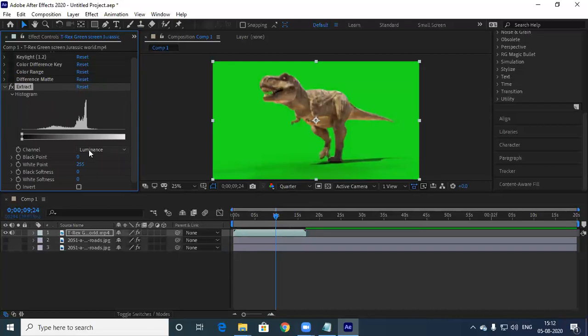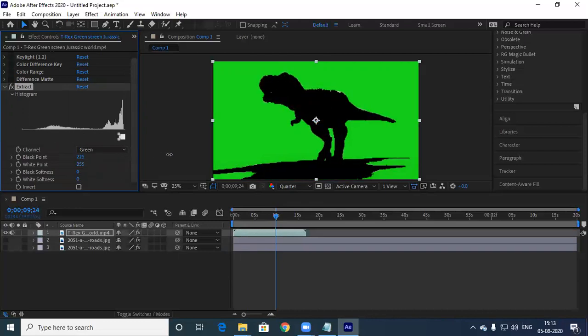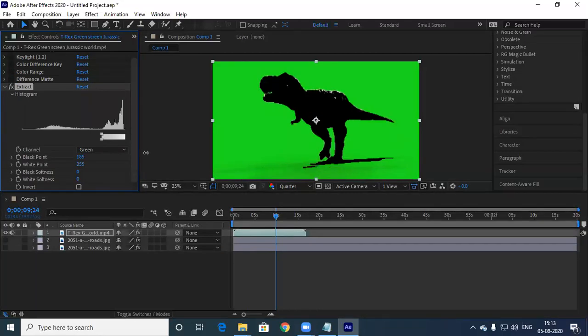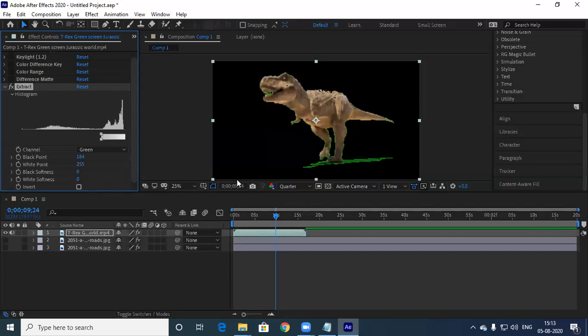So extract, you can extract a particular color, red color, green color. In this you see it's invert. You can play with this.